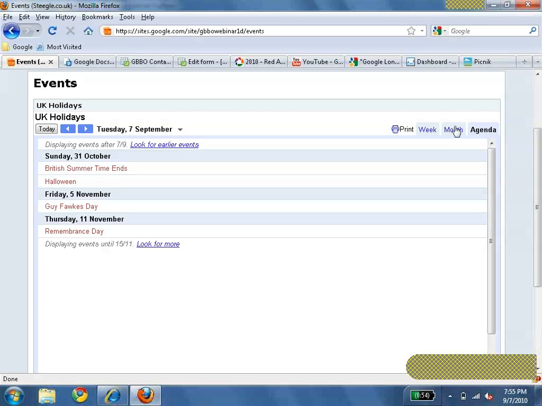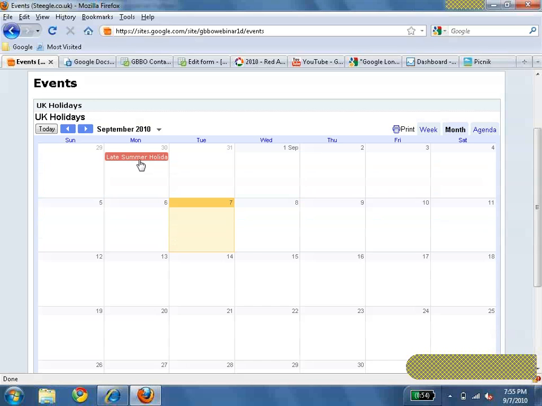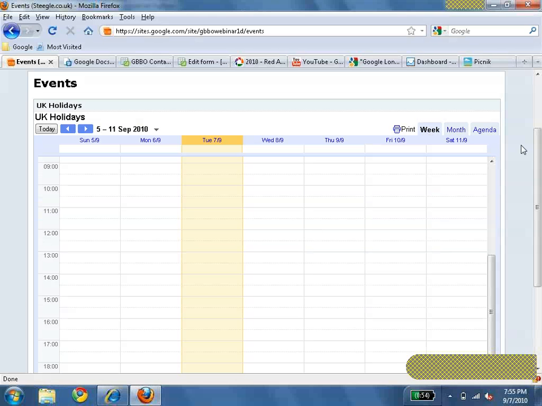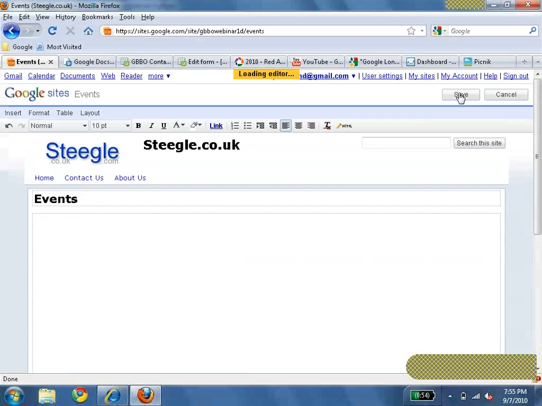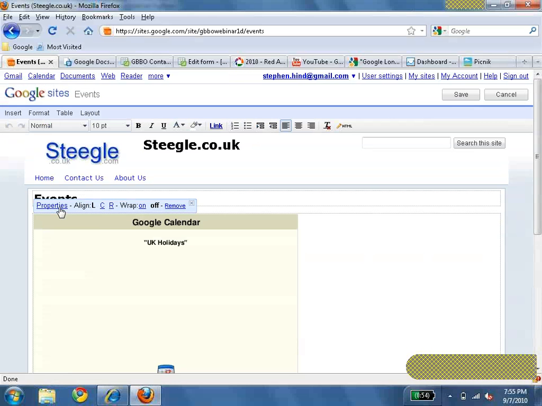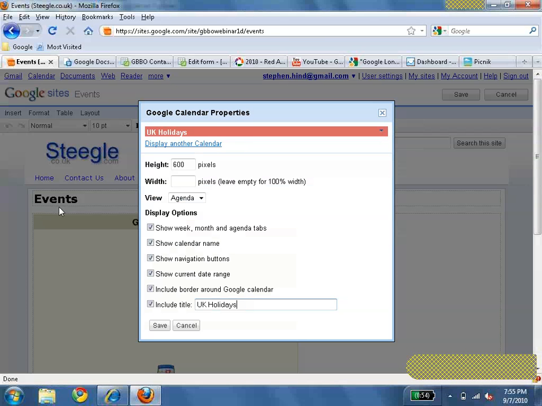If you put it into month view, you can see that there was a late summer holiday there, or obviously you can have a week view as well. You can go back and edit the page and change any of these view settings. Use the Edit Page button, click on the gadget, use the Properties link in the Gadgets Options box. And again, if you want it to always be in month view, you can select month,